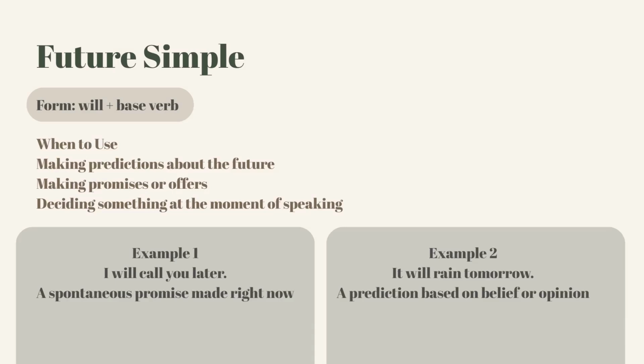Although the guesses have to be according to something, it cannot just be a random guess. Or we can use the tense future simple to talk about decisions that are made at the moment of